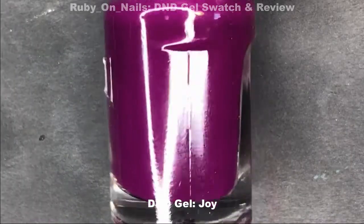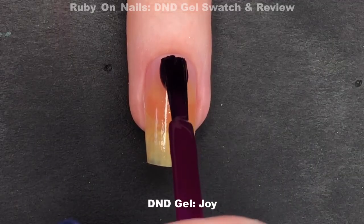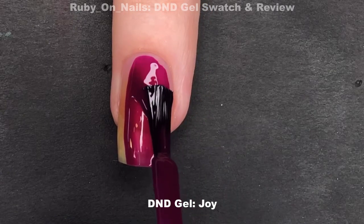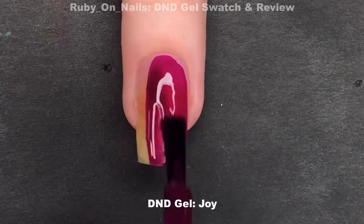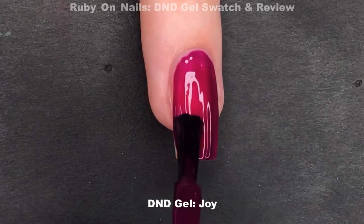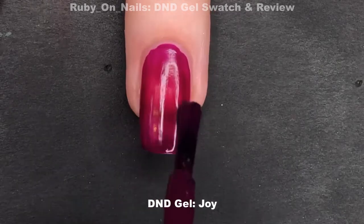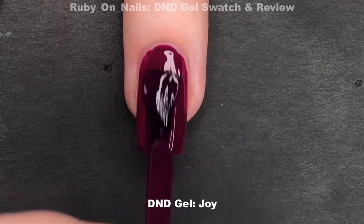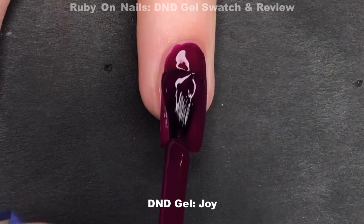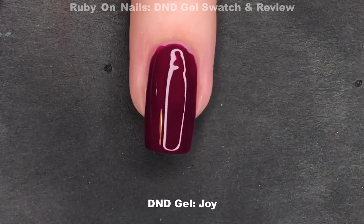Up next is another polish that I just wasn't a fan of, and I think it has a very similar formula to the blue shade that we saw earlier. Joy is a pink orchid color, and I found it to be very sheer and a little bit hard to maneuver around on my nail. It also has the same brush head as Midnight Sapphire, which was the long, skinny, very flexible brush. Personally, I think there are plenty of other orchid shades out there that are more worth your time and easier to apply. You can see that I'm going in with a rather heavy coat this time, and it's still very patchy